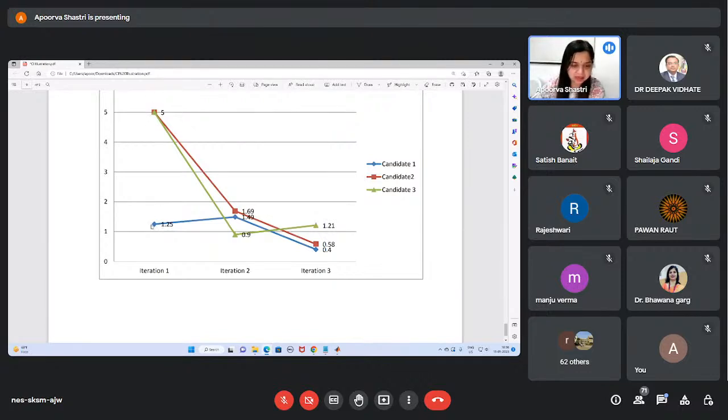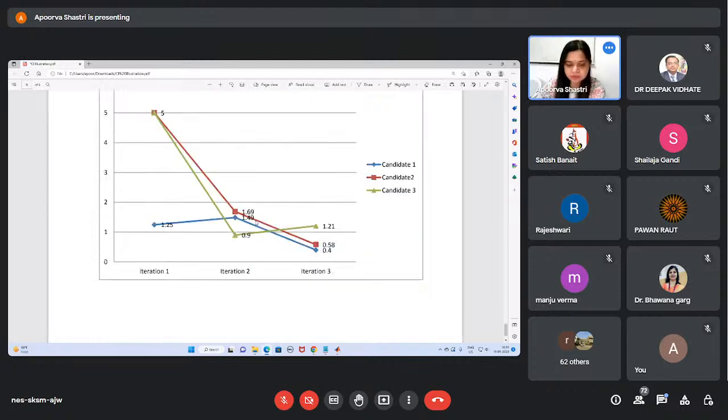For the second learning attempt, the values were 1.49 for candidate 1, 1.69 for candidate 2, and 0.9 for candidate 3. For learning attempt 3, the values are 1.21, 0.58, and